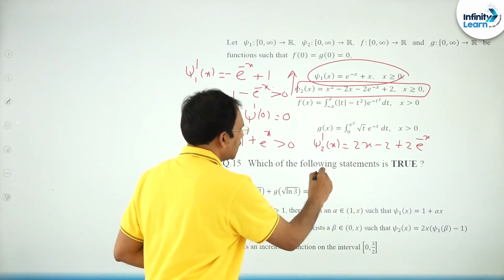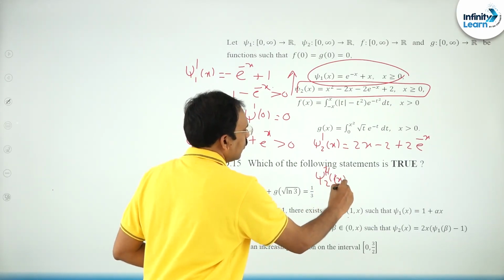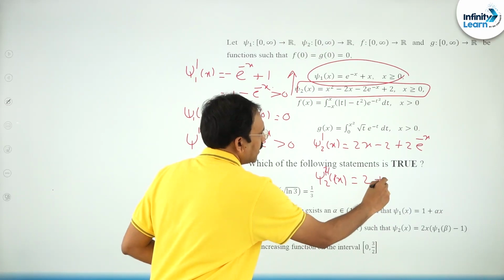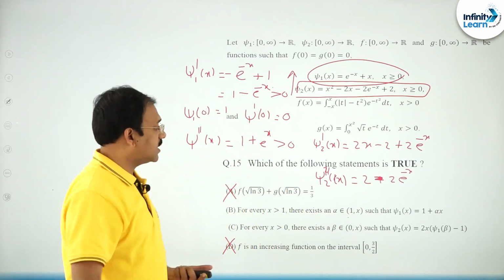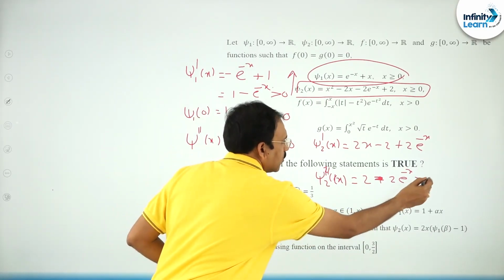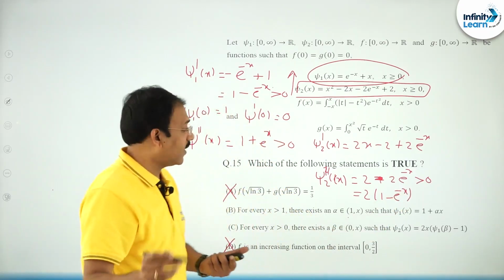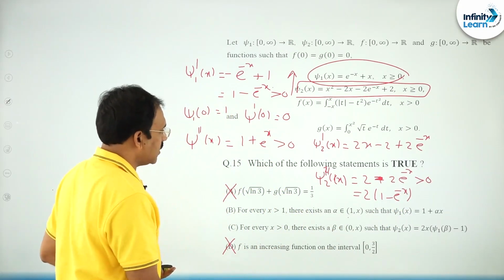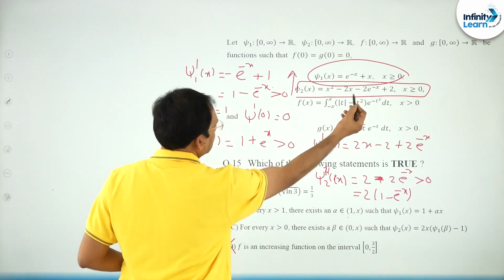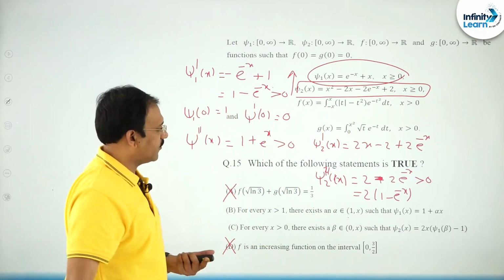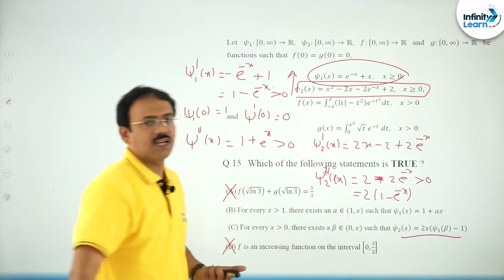Friends, you just take its second derivative, ψ2 double dash of x is going to be 2 plus 2e^(-x) minus 1. You see, when x is positive, this is also positive, because 2 into (1 minus e^(-x)). Here one interesting point is, ψ double dash of x, which is 1 minus e^(-x), is kind of ψ dash of x. If you integrate this, you are going to get an option of this kind.